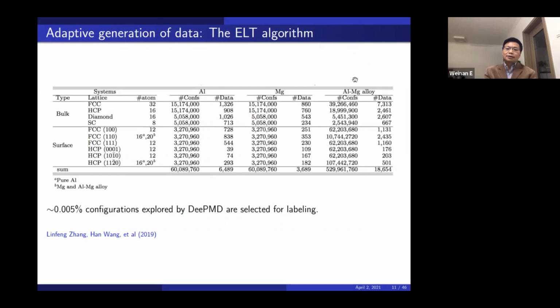And you see this in this particular example: the exploration scheme explored 500,000 configurations, out of which fewer than 20,000 were selected to be labeled, meaning calculate quantum mechanics forces and energies. If we had to label all these configurations, we would never be able to finish. So that's very important. And this is one theme